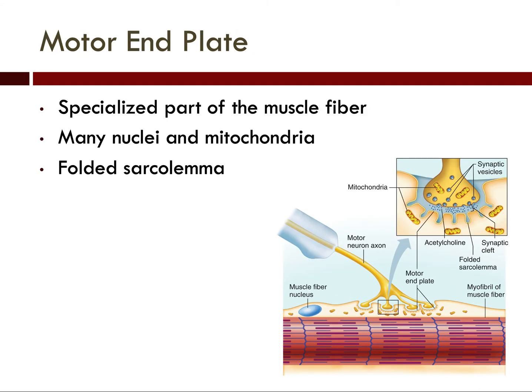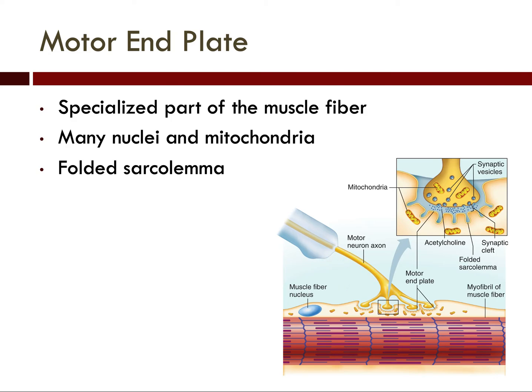Finally, we'll talk about the motor end plate. The motor end plate is a specialized part of the muscle fiber. So this is the muscle end of the neuromuscular junction. There are also a lot of nuclei and mitochondria in this part, and the sarcolemma, which we remember is the cell membrane, is folded. By folding it, we have a lot of surface area, so you can see it kind of wraps around the ends of the neurons so that the impulse can be transmitted